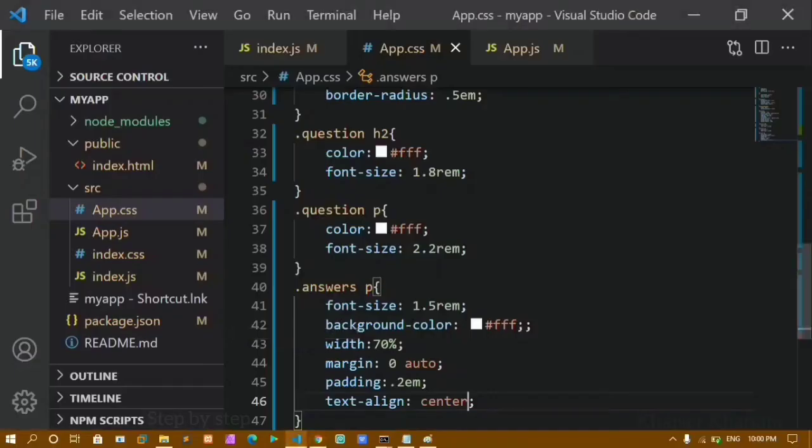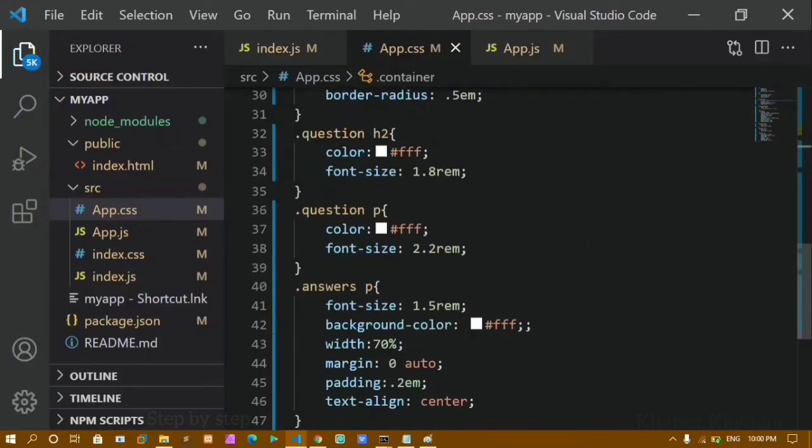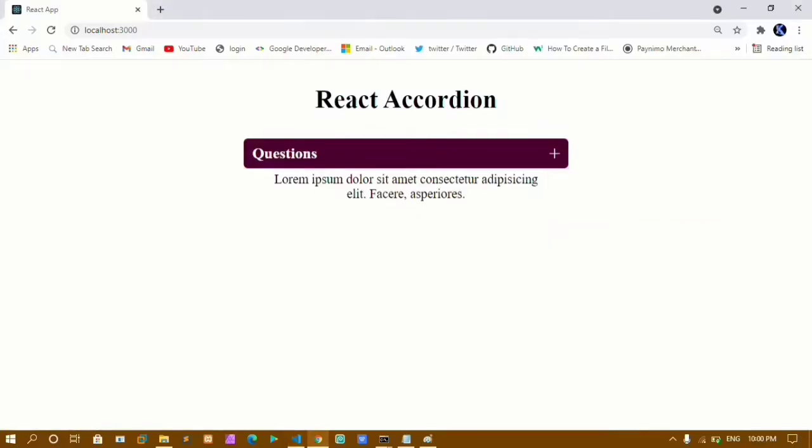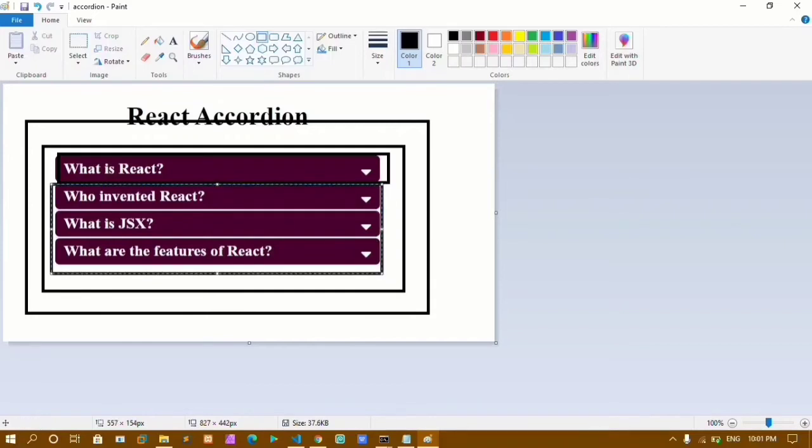Now I'm going to remove the background colors. From here I'll just remove this background color, and also from here I'll be removing this background color. Now if I show you the output, you can see I have my output like this. Okay, now we will be adding this using our map method and steps. We are going to access this one. Okay, we'll be adding this, and we are going to use these icons now.